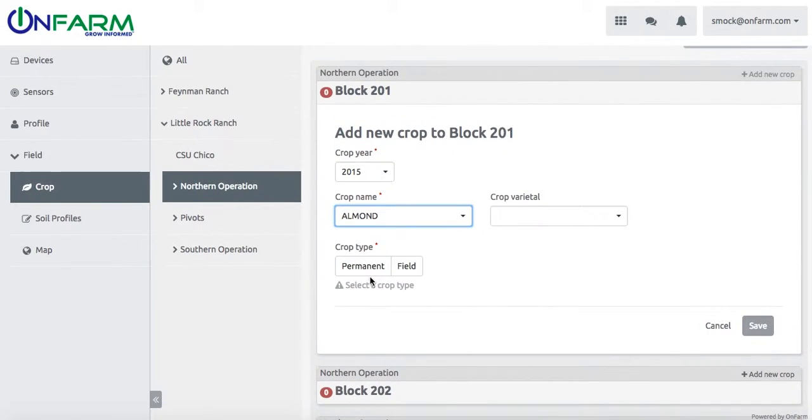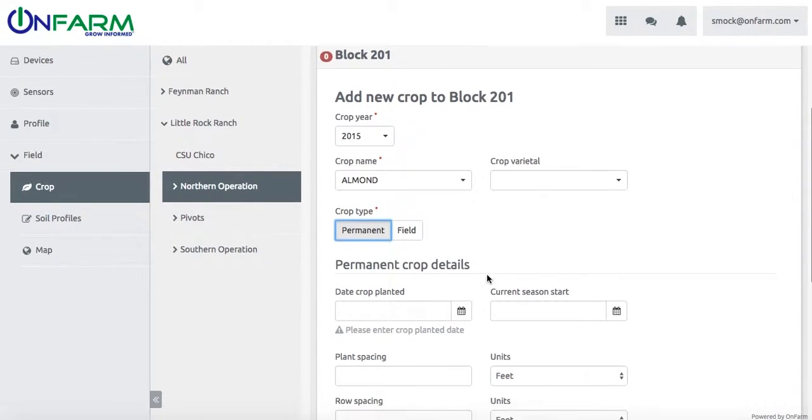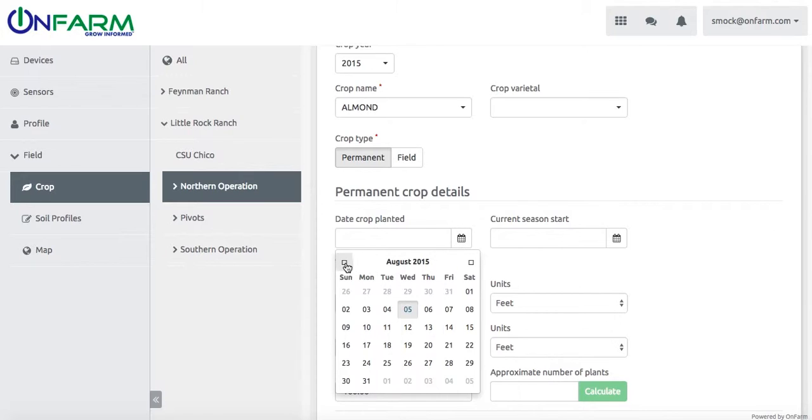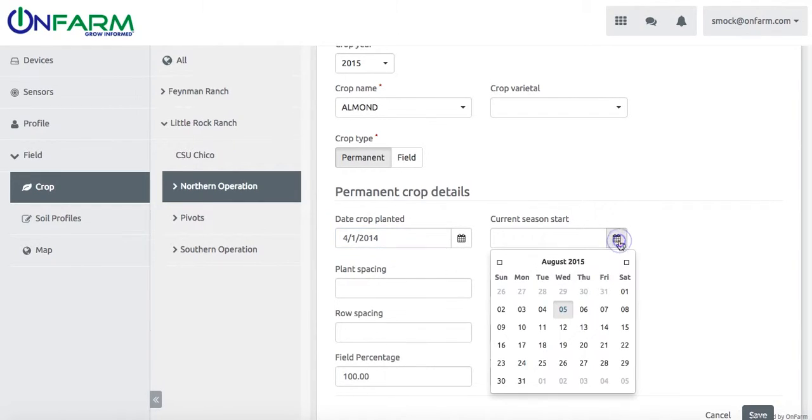And then we have to select a permanent or field crop. This will affect the menu that appears, so it's important which one you pick. So our almonds are a permanent crop. Now we fill in the rest of the important information. So we're going to say, let's say April 1st of 2014, and our current season starts